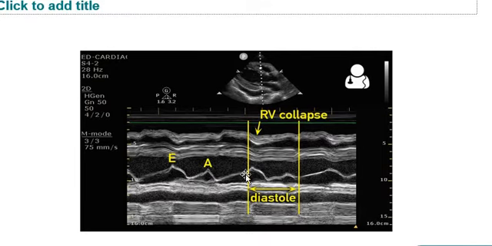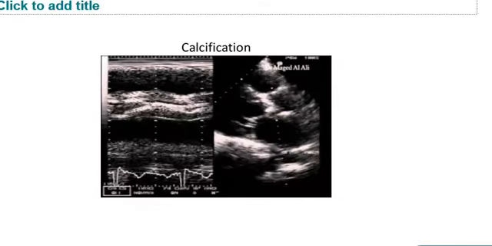So during the systole, we know the mitral valve touches the septum, the musculature of the left ventricle, and there is absolutely no distance between the left ventricular musculature and the tip of the mitral valve, which is called the EPSS, the E-point septal separation. And from there the diastole begins and we get a typical A wave. So there is an RV collapse, which is a sign of right ventricular dysfunction in case of pericardial tamponade. Here we can see this is a plax view.